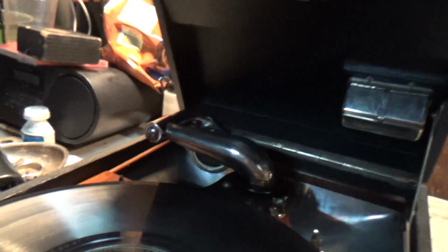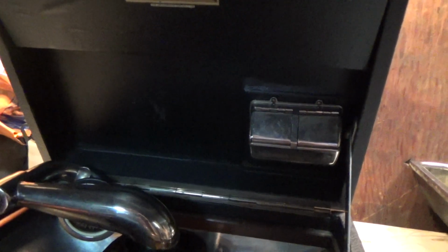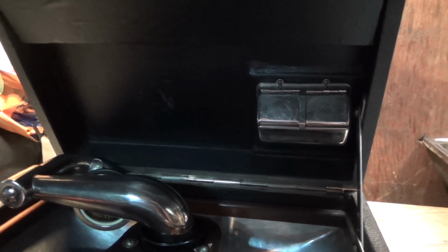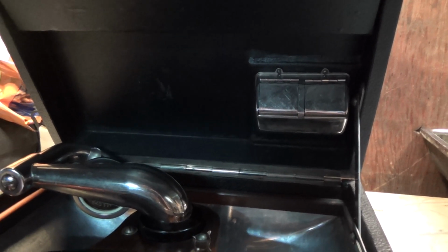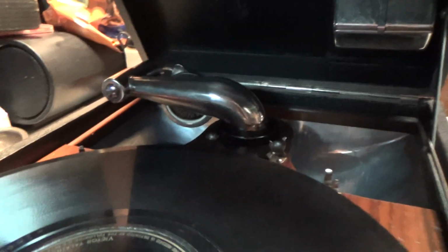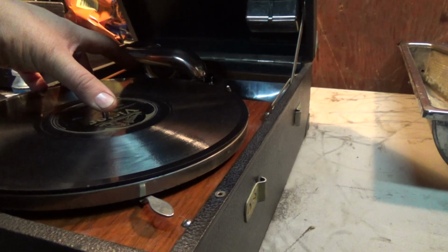Let me stick that back where it belongs. Show you how that stows. Right down in there. And these had the needle boxes that show up rather in the later Victor Victrola 50s. You will see this same little needle box on there, and this is carried over to the early 101s. So why don't we take the record off of there and put it in the record stowage tray. That's always a nice feature to have. And let's put the lid down, and I will show you the rest of the...